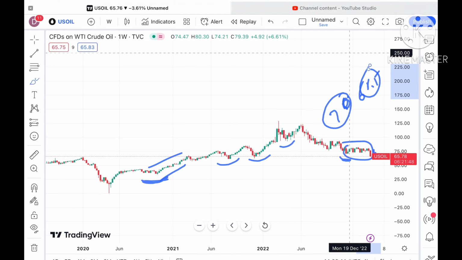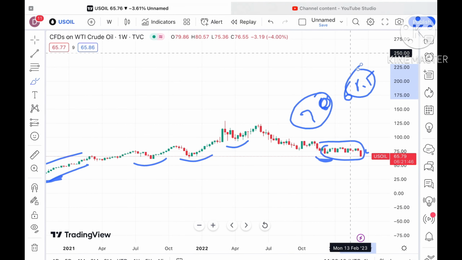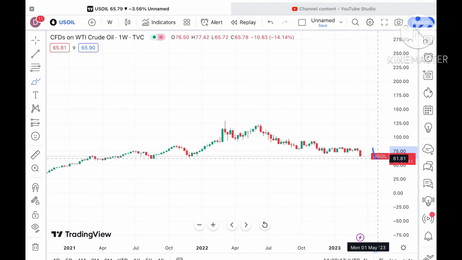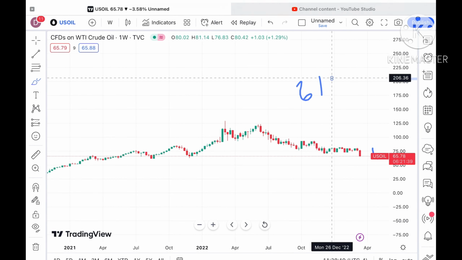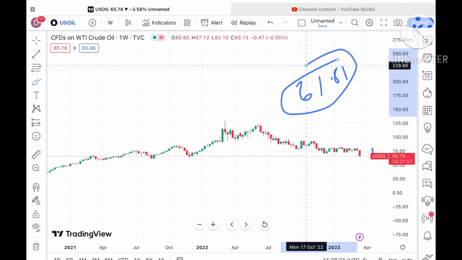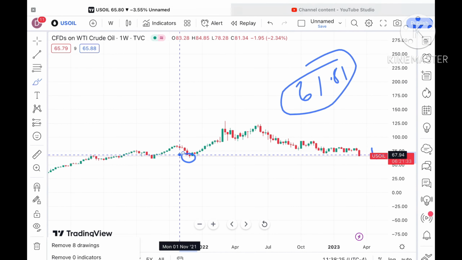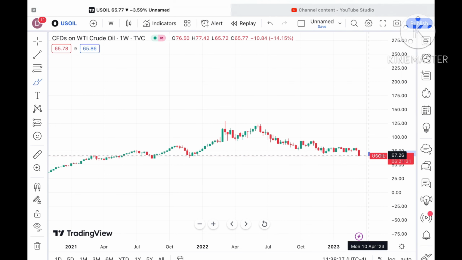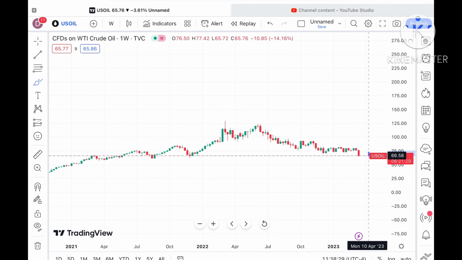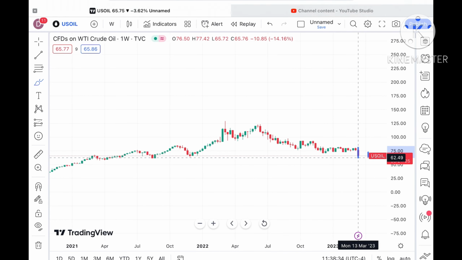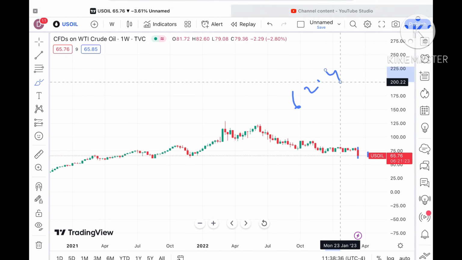There is a continuous downfall, as you can see looking at this particular red candle. Chances are very high, suppose if this level didn't sustain, we can see it can move further down towards a level of $61.81, and this is a low of this particular support. But before that, suppose if the price didn't sustain, the next support we can see coming at a level of around $64.54, and from there we can see it can come towards a level of 62.49,